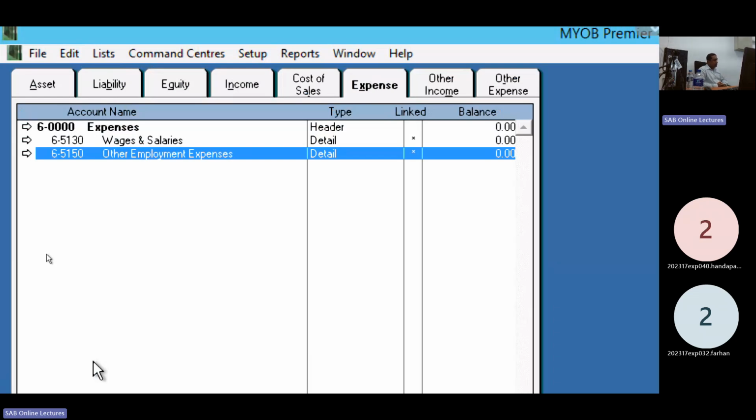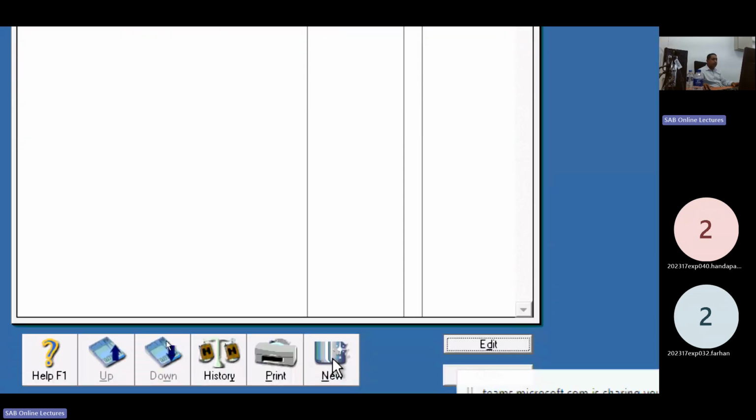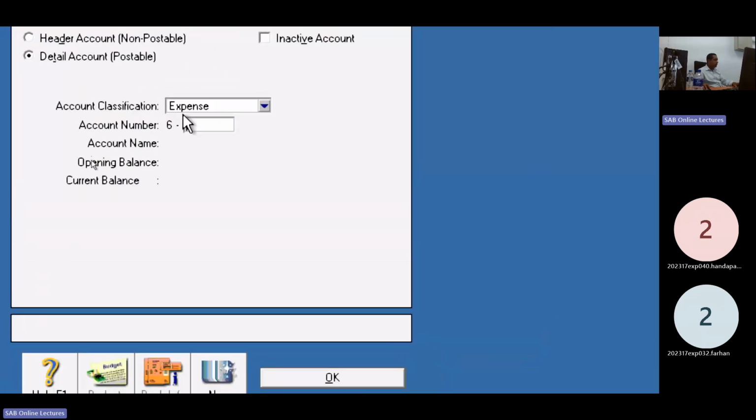Page number 1. Now we will create the first header accounts, all header accounts. Then it is easy to insert the detail accounts. Look here, first header, financial expenses. Under the new section, new category number 6,000.